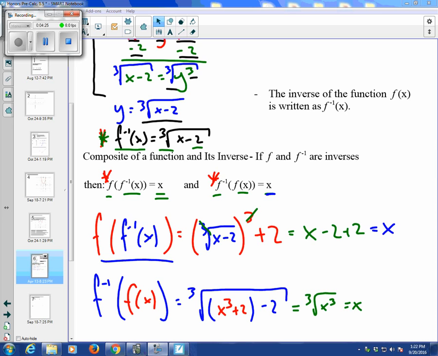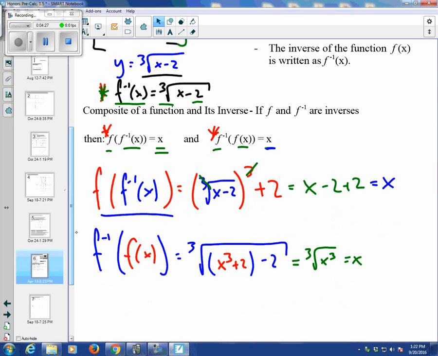Okay, so looking at this guy, we've got f inverse of f of x. So f inverse takes its input, subtracts 2 from it, and takes the cube root. And when we plug in f of x, that's going to be the equation x cubed plus 2. The first thing we're seeing when we take down those parentheses is that the addition and subtraction of 2 will, of course, cancel. And then we are left with the cube root of x cubed, and of course the cube